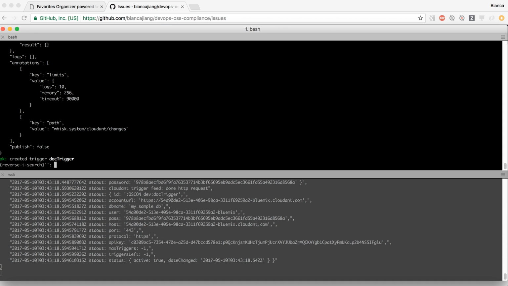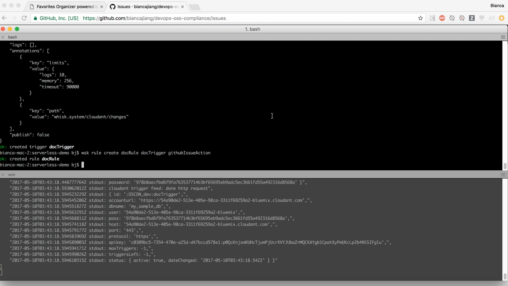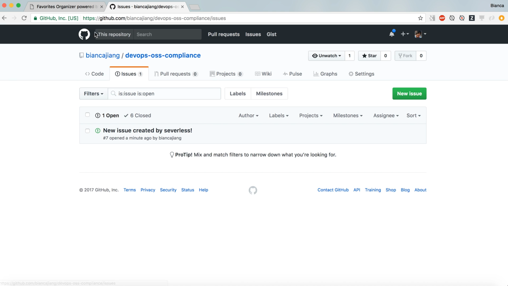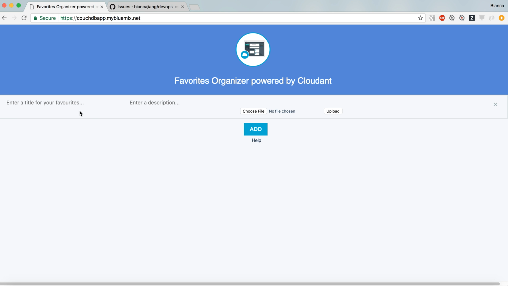Now we want to go ahead and create a whisk rule, doc rule, simply to hook up the trigger with the action. Now we have a rule and a trigger to link the trigger with the action. We can actually go to our web interface,